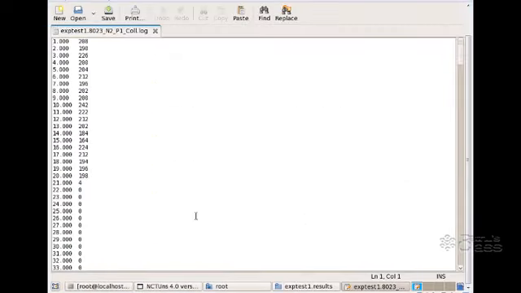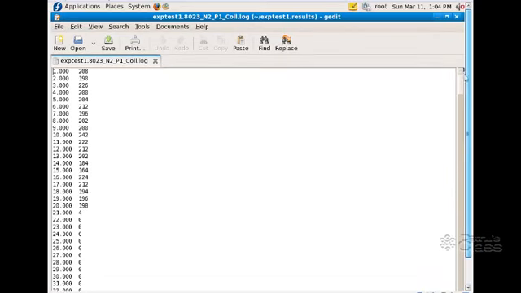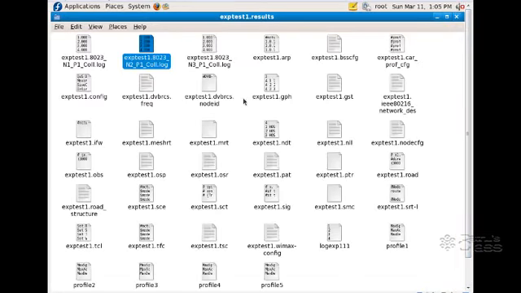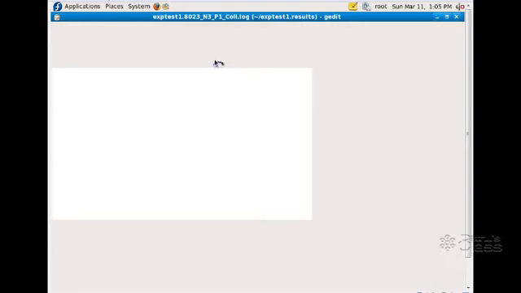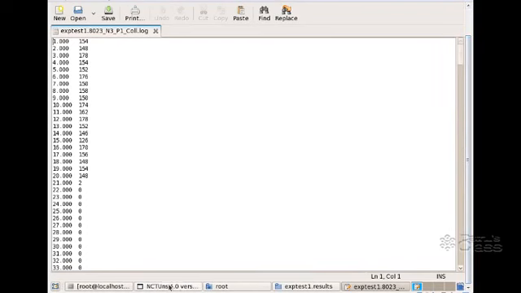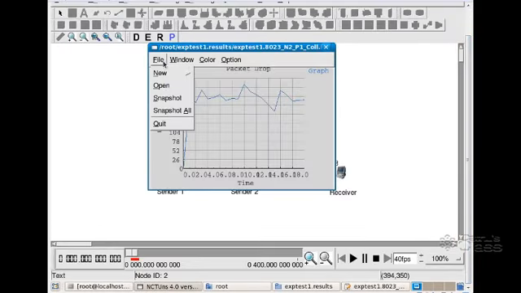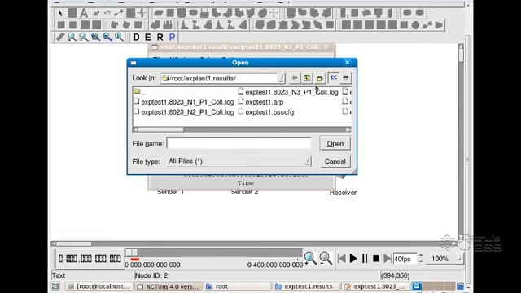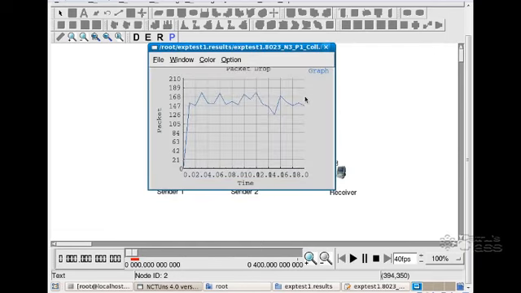The same way, we need to look at the packet drop between node n3 and p1. Double click on it. First we shall go for the graph, and we shall maintain the procedure. Open n3 and p1.